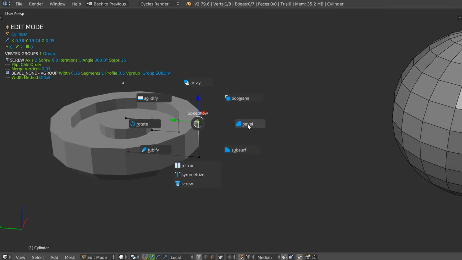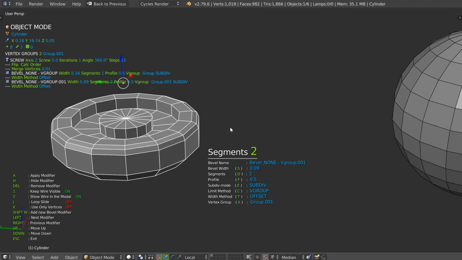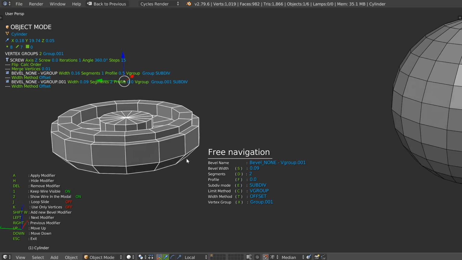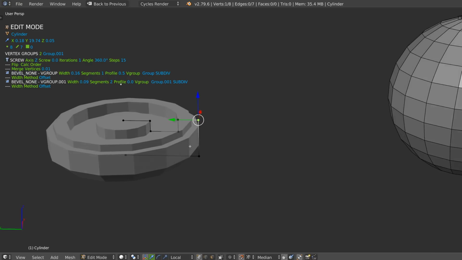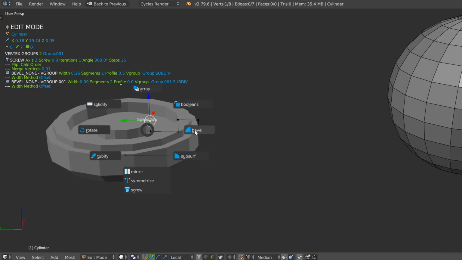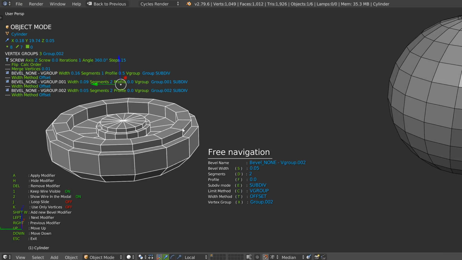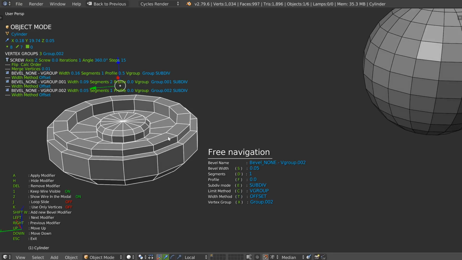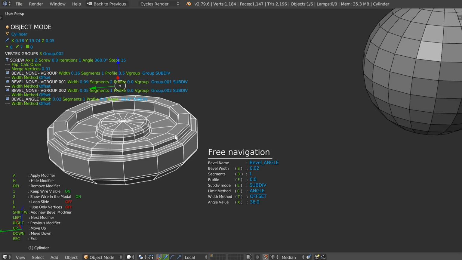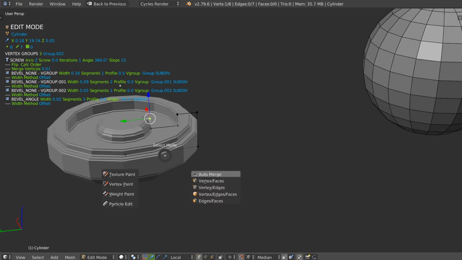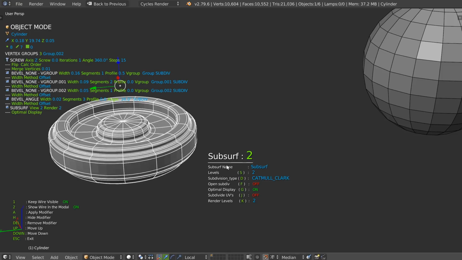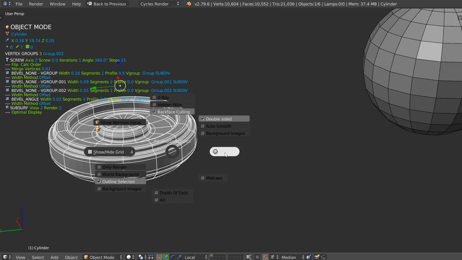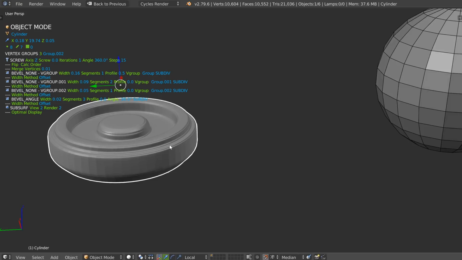On this one, I can add another bevel, I can add another segment and play with the profile, like that. On this one, I can also add another bevel, edit the number of segments. I can also again add another bevel for all the other edges, like that. And I can add a subsurf if I want, like that. And I have my result.